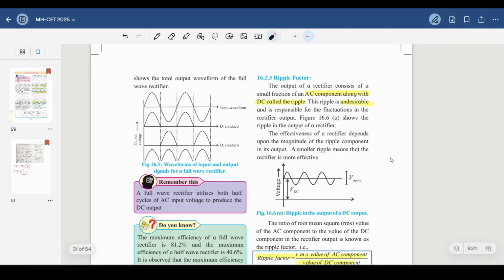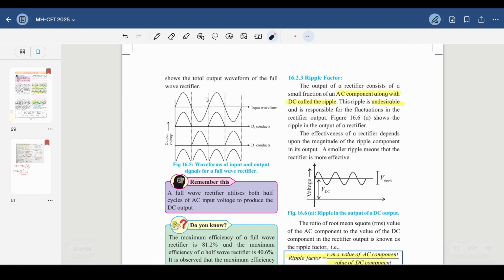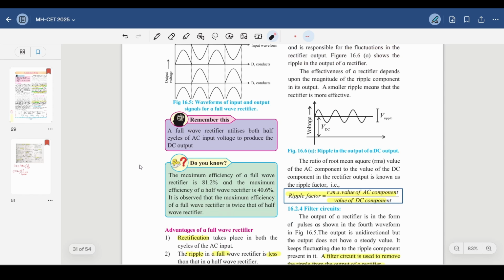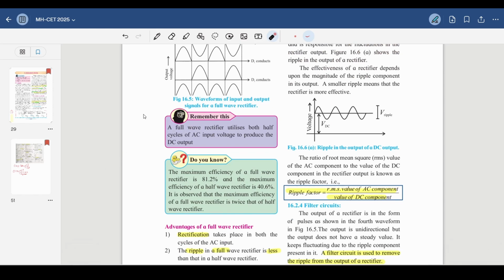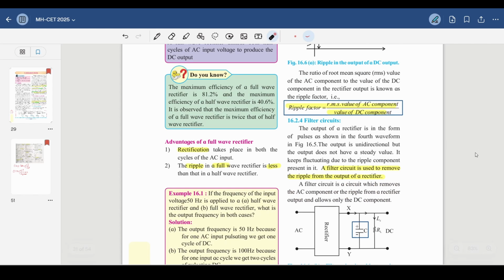So now let's look at the waveform. This is the input waveform, input full wave. When D1 conducts, the positive half cycle will pass through, and when D2 conducts, the negative half cycle will pass through. So the equivalent waveform would be such. As you can see, the negative half cycle has been eliminated and there are only positive cycles in the waveform. So the full wave rectifier utilizes both halves of the full wave input.